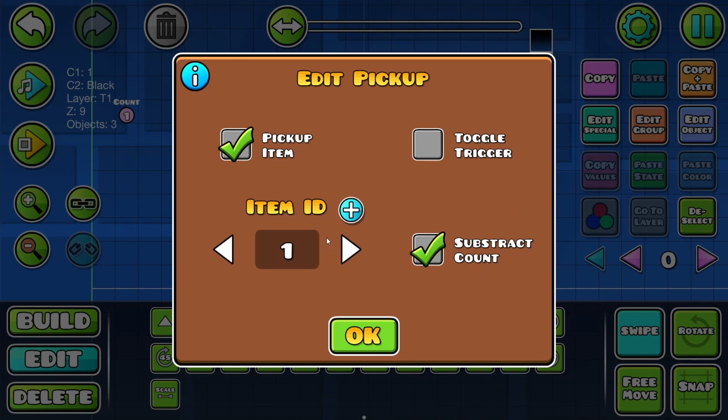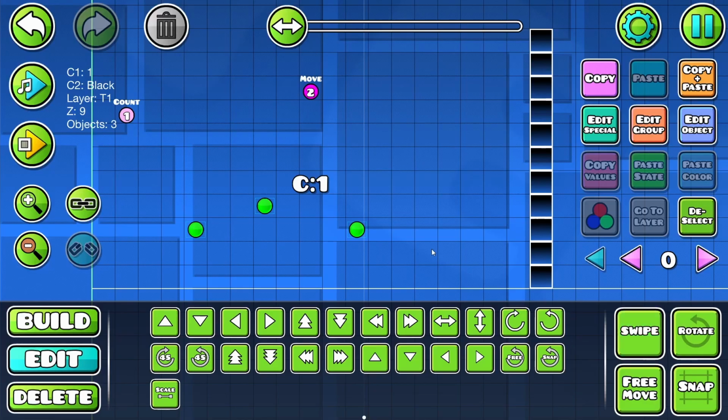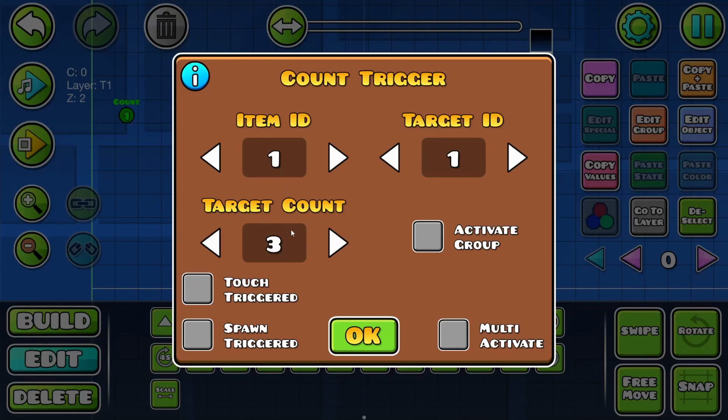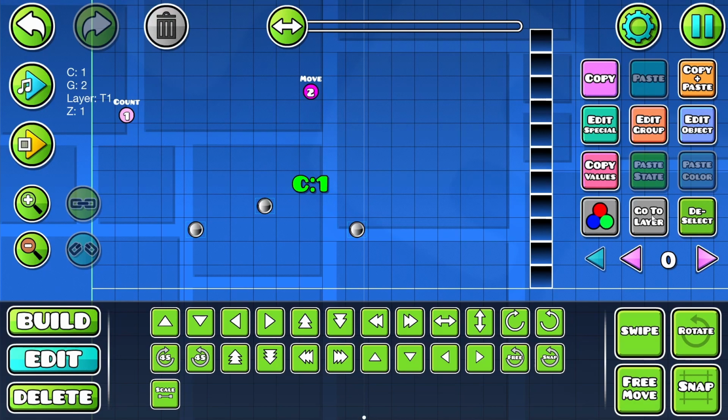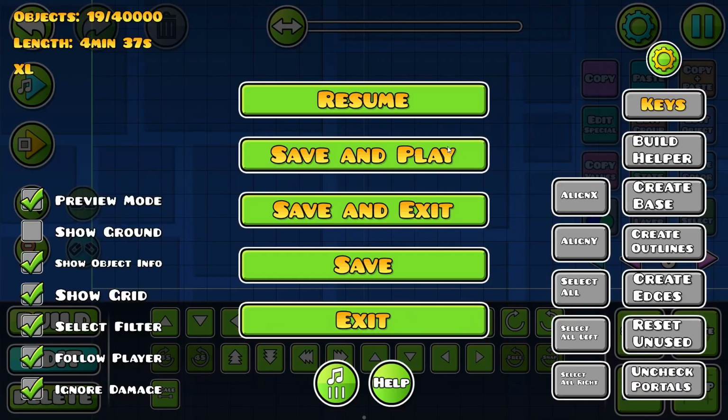So whereas it goes up by 1 every time I collect a coin, it is now going to go down by 1. And what that means is, if I collect all 3 of these coins, the final value, instead of 3, is going to be -3. And what that basically means is, even if I collect all 3 of these coins now, this will not toggle off unless I go into the count trigger and change the target count value to -3. And then this, of course, will also subtract the count from here. So now if I play it,